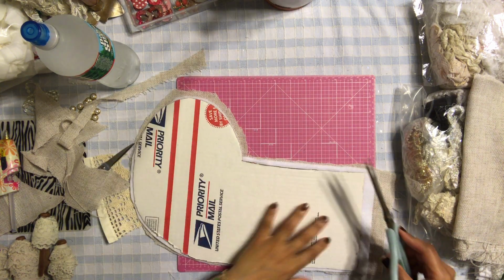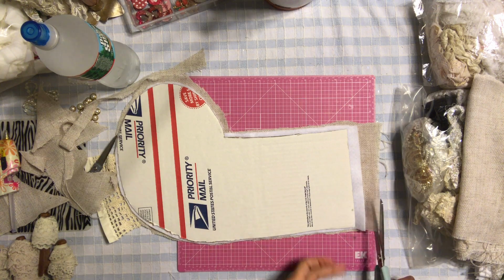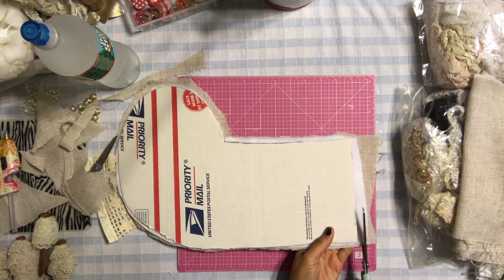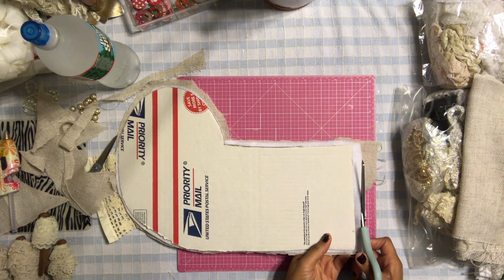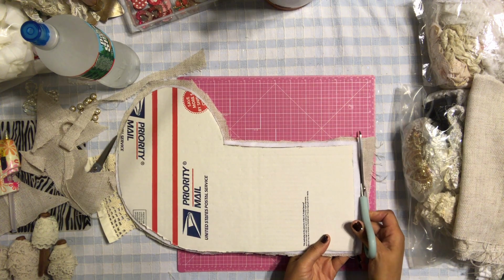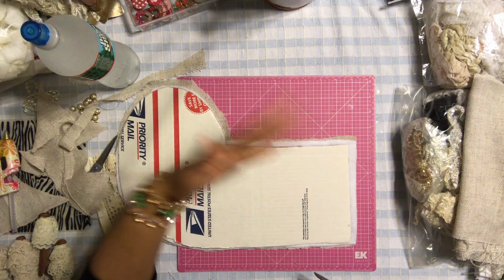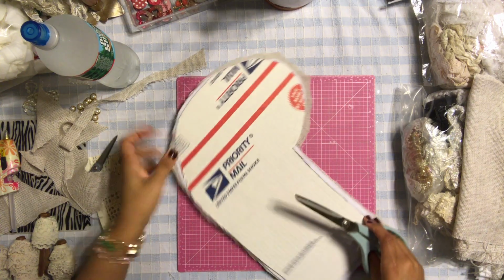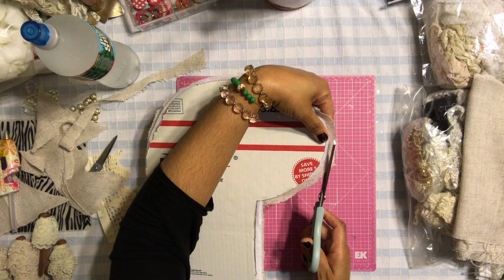Now we're going to go around, okay, and you're going to just cut out very neatly, okay, all these extra fabric that you have here. Okay, and always leaving a little bit. You don't want to cut too close to the template. Okay, you're always going to leave yourself a little bit of space to play around with in case you need to go back later and recut again. You don't want to like give yourself, you know, no space at all to do anything. Okay, so you're going to go around,